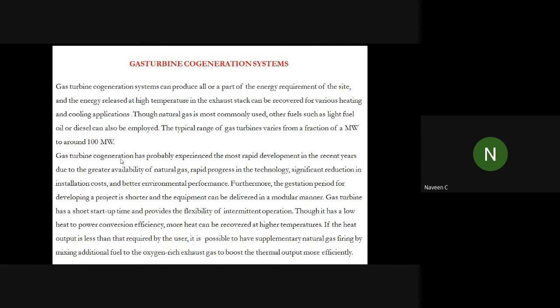If you see the overall load pattern of the industry in a particular period of time, a particular day, particular season, particular month, the requirement of the process heat and the electricity requirement will vary. So if you predict this beforehand, you can even go for a steam based turbine or gas based turbine. We are not concerned much, because as I said, like a fan, you can reduce the speed, you can increase the speed, there is no problem. The main objective is intermittent operation with the gas turbine.